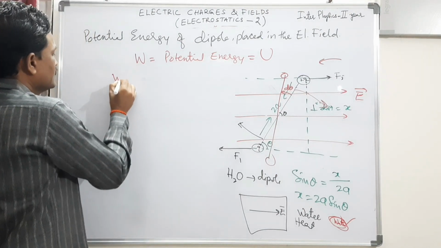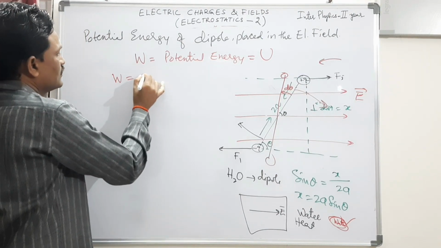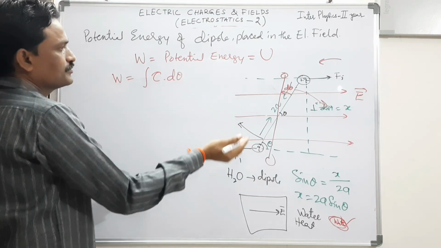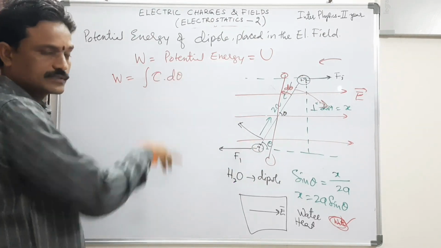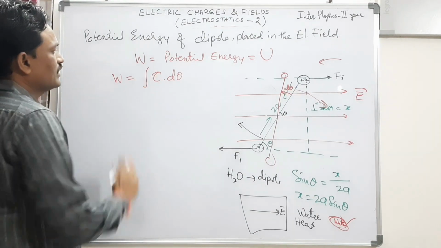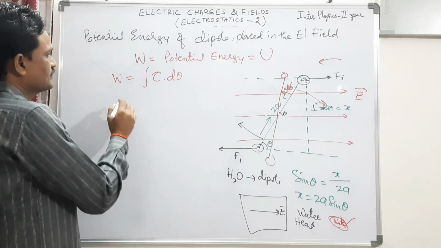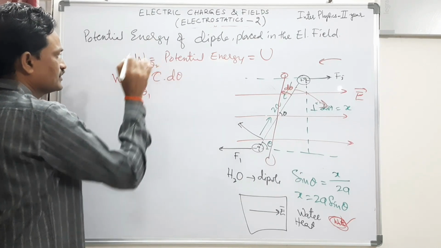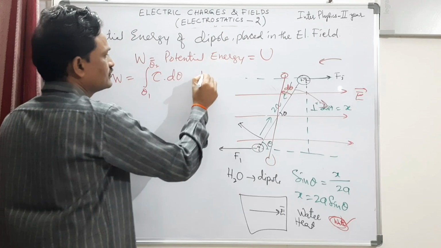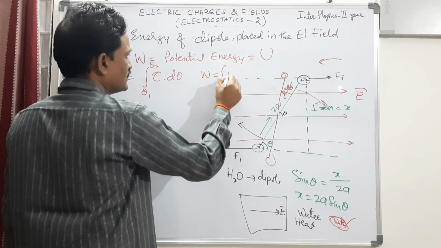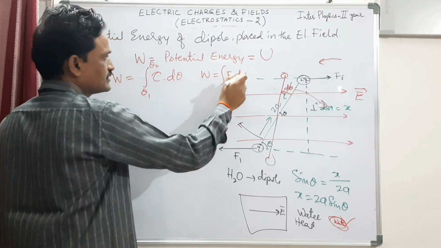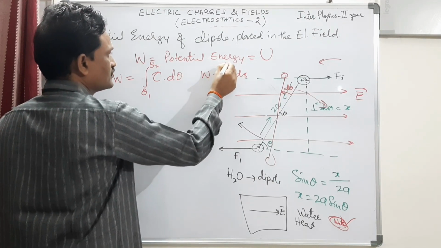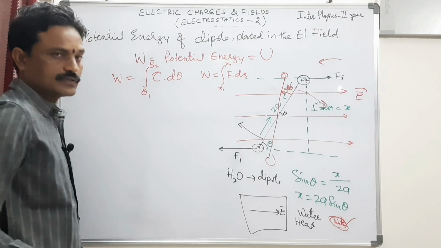So work done is written as the integral of tau d theta. Here tau is the external torque acting on it. We know the value of tau. So I am rotating it from the position theta 1 to another position theta 2. This is similar to linear motion, where W is equal to F dot ds, where ds is the displacement. In that case we take generally from position x1 to x2. Similar to this I am taking this.